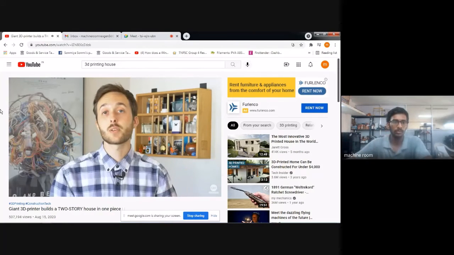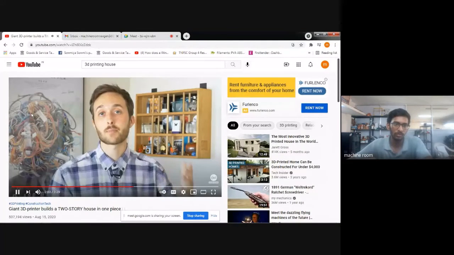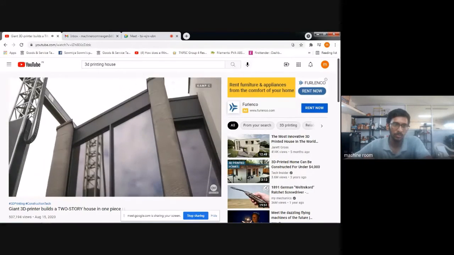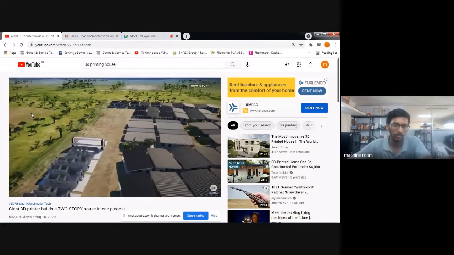But CampC also told us that they're planning to turn it into an office space for people to rent out, or perhaps a place for people to live. This 2-story home joins other exciting firsts in the field of 3D printed construction, including the world's first 3D printed community,